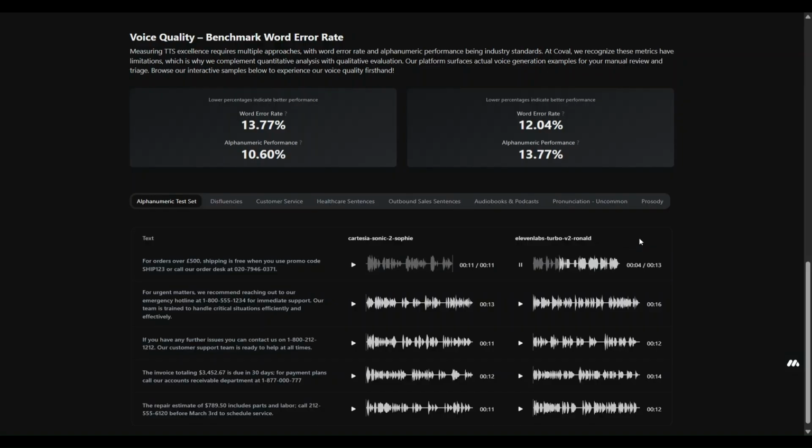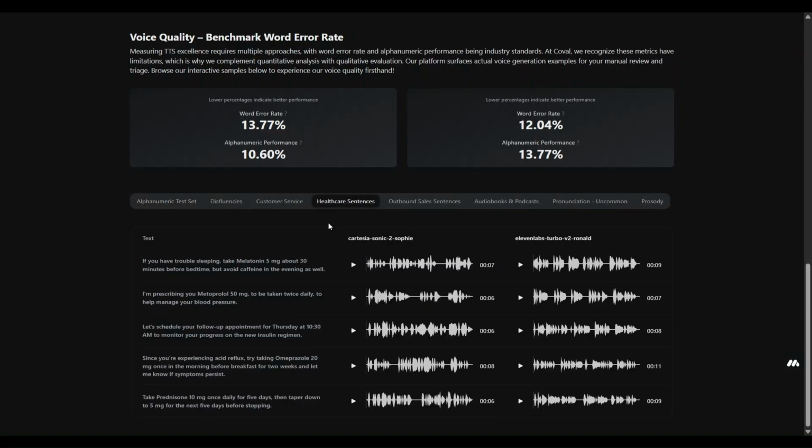If you have trouble sleeping, take melatonin 5 milligrams about 30 minutes before. If you have trouble sleeping, take melatonin 5 milligrams about 30 minutes before bedtime, but avoid caffeine in the evening